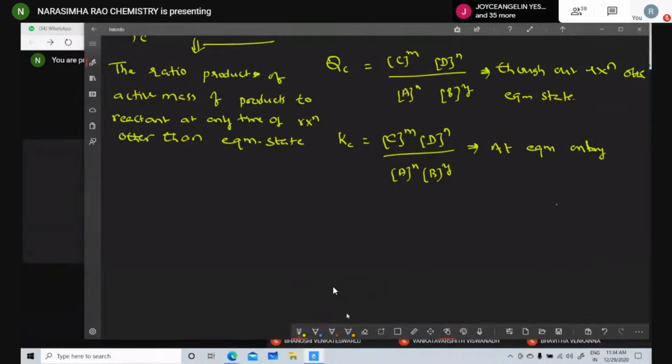It's clear? Sir, what is the difference between those two? This is the difference. If you are expressing the ratio at the equilibrium state only, that is called Kc. Other than the equilibrium state, throughout the course of the reaction, if you apply the concentration values,